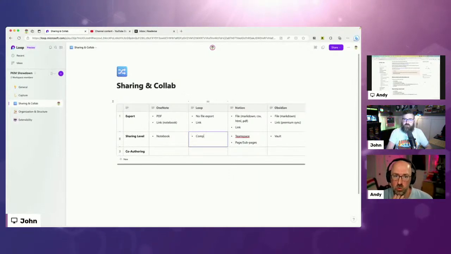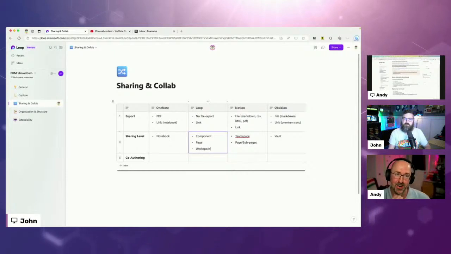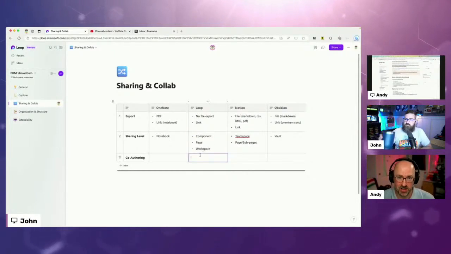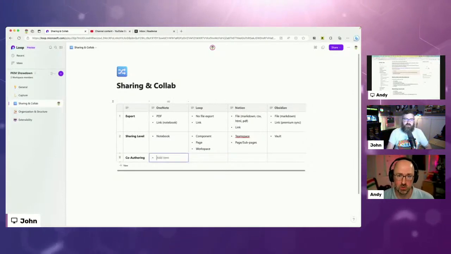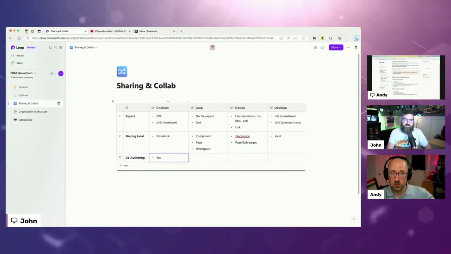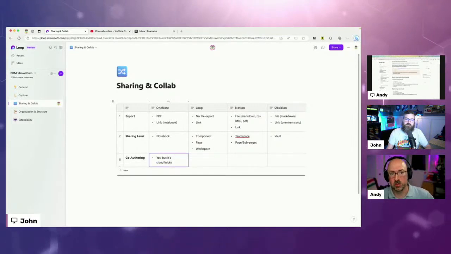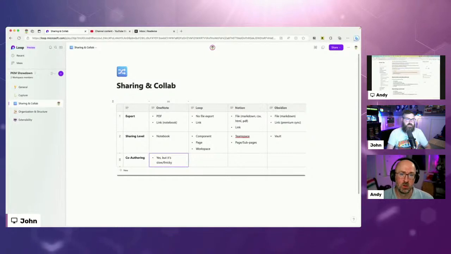Yeah, one of the things to also mention about the sharing, and I think I've seen this echoed throughout the comments and in the chat, is the syncing issues with OneNote. When you start sharing OneNote notebooks, they're slow to sync. Yeah, they've gotten better. It's gotten better, but when you get into a situation with 40 people trying to access the same notebook, there's going to be sync issues. I constantly have sync issues with OneNote. So I'm going to say, yes, you can co-author, but it's finicky and it's laggy and all that.